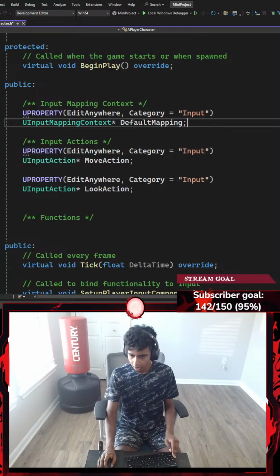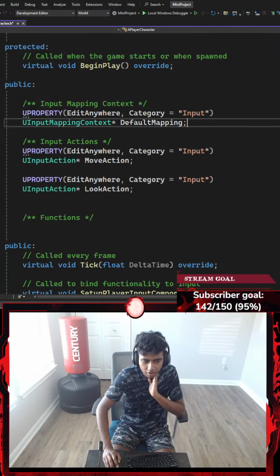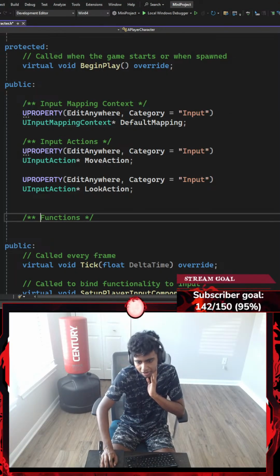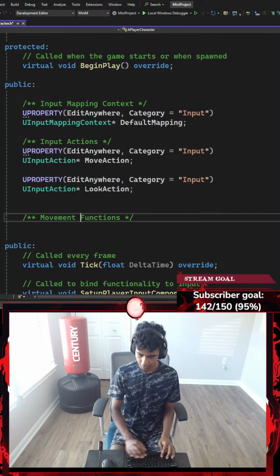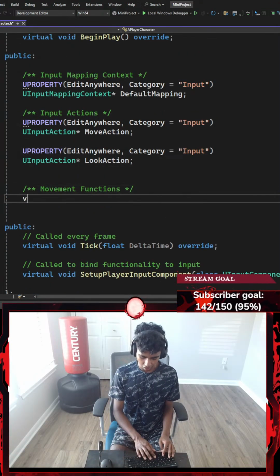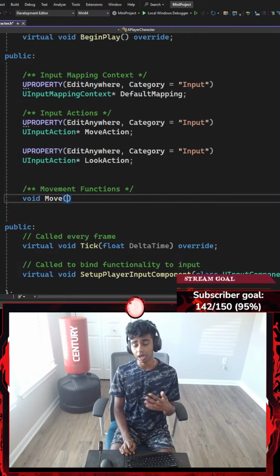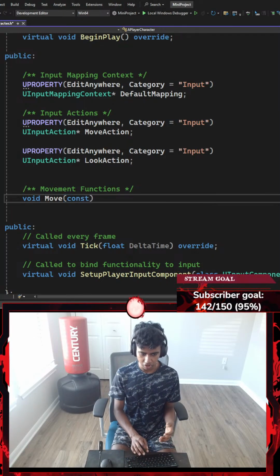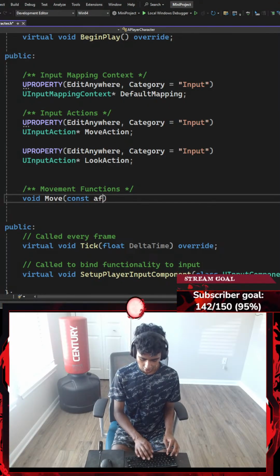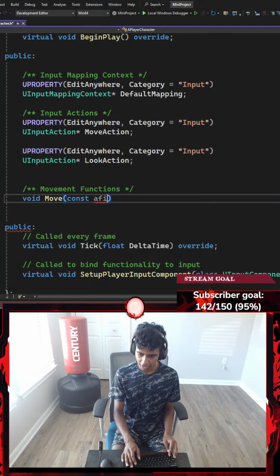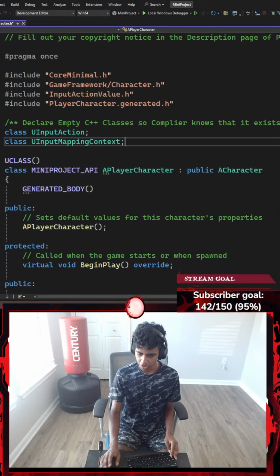There. Okay, once I'm done with that, I'm gonna go with something like movement functions. Okay, movement functions. Should I keep them to be one name? I don't know. Sure, why not? For my movement functions, I'm gonna go with a void function called something like Move, where I require a parameter, which is gonna be a constant parameter of FInputActionValue. I didn't create the structure here, so I'm gonna go